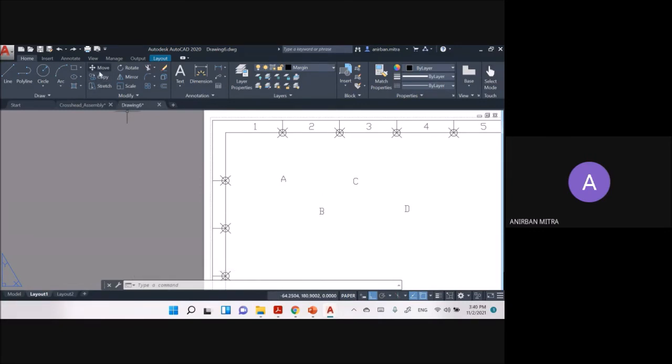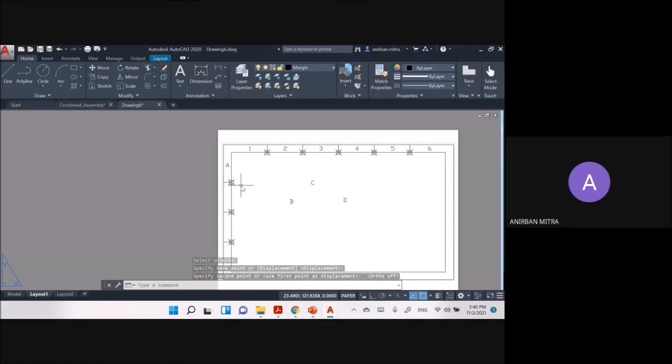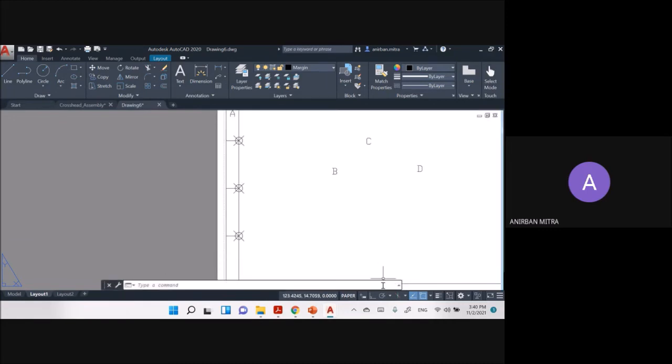Again, we'll move the first one, that is A. We need to switch off the ortho for now. And by eye estimation, place it somewhere near the middle of the box. You can move each of these letters to their respective boxes. But then again, as I said previously, it is probably a better idea to